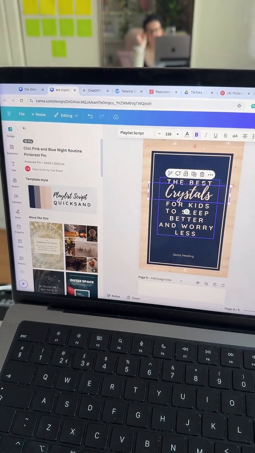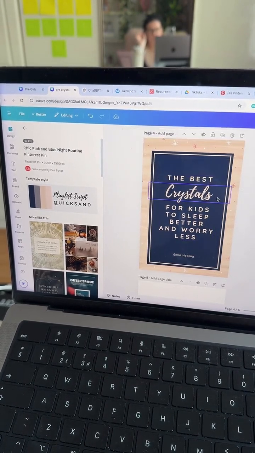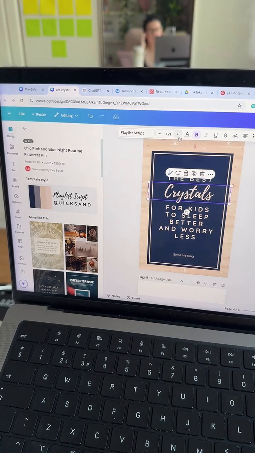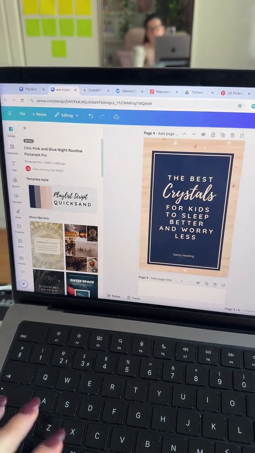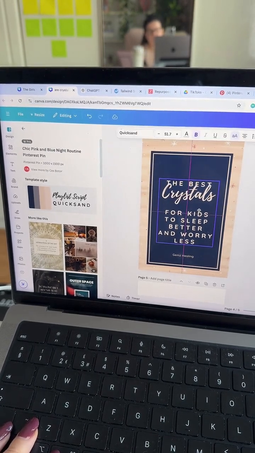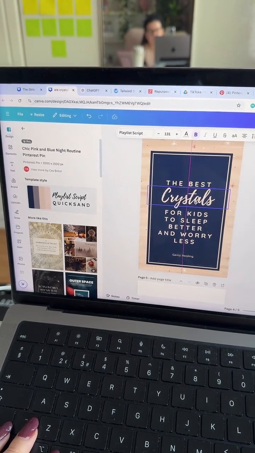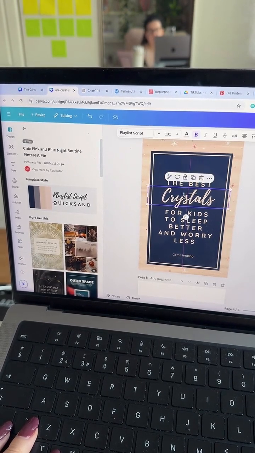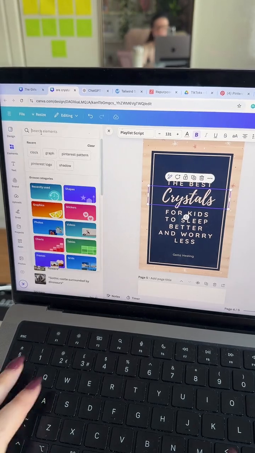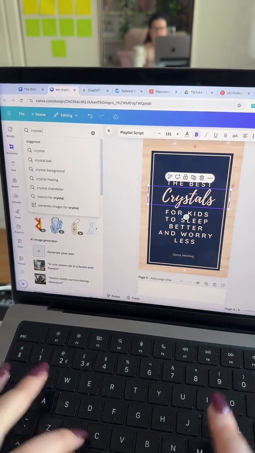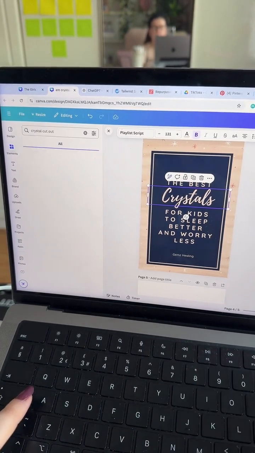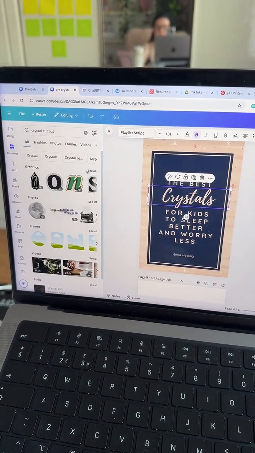Right, I don't like these colours at all. Don't worry, I'm going to move them. And I'm going to get a little cutout of a crystal. Sometimes you type the word cutout after what you're looking for, crystal cutout.